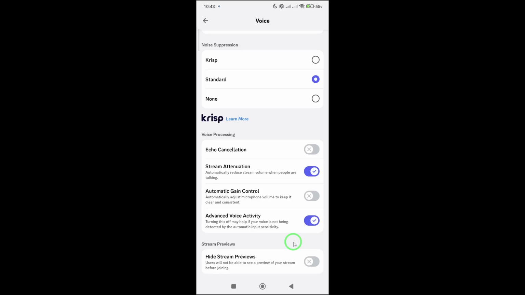After turning on advanced voice activity, give Discord a quick test, speak at a normal volume, and then raise or lower your voice a bit to see how the system adapts. If you notice any mic chatter or delayed activation, you can tweak nearby settings like input sensitivity or noise suppression to dial in the perfect